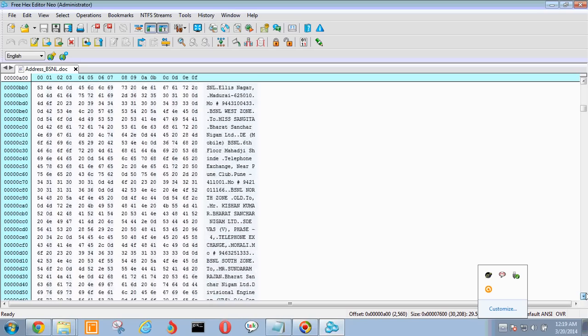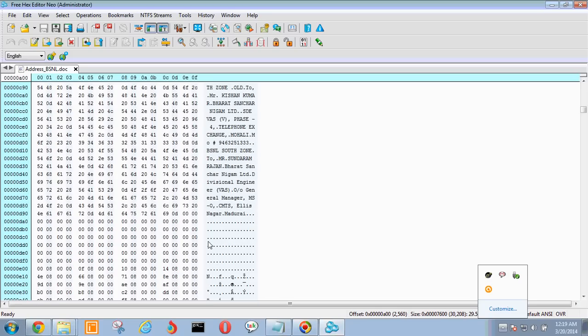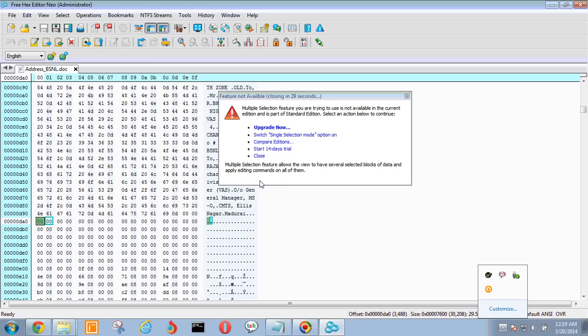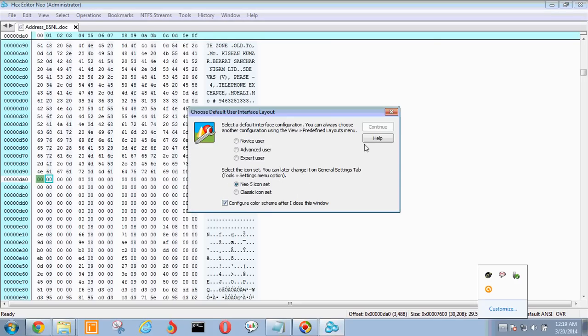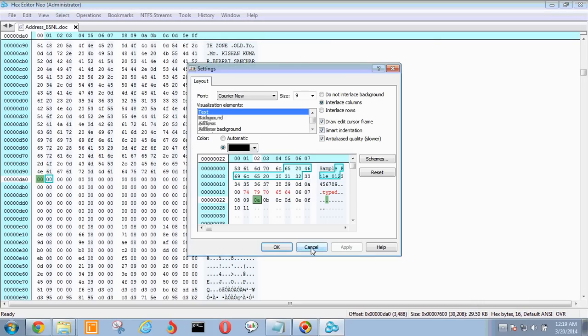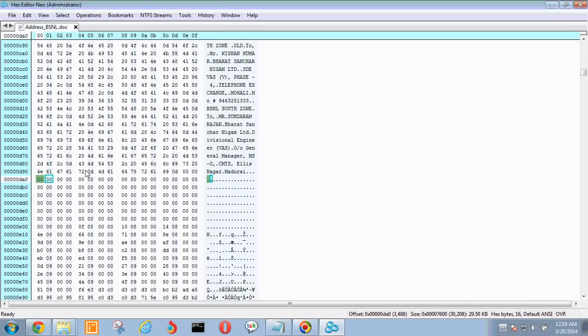Here, at this location DA0, we are finding the consecutive zero hex values. Actually, this is not the null character. I have analyzed this one; it does not have the null character value.